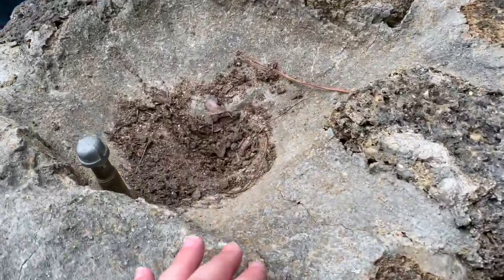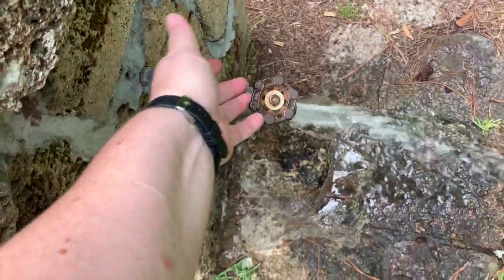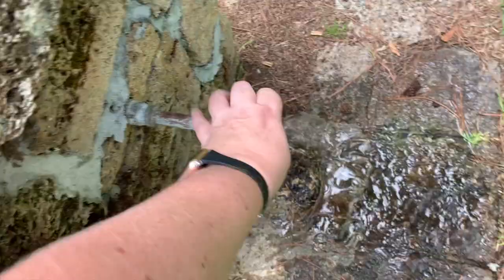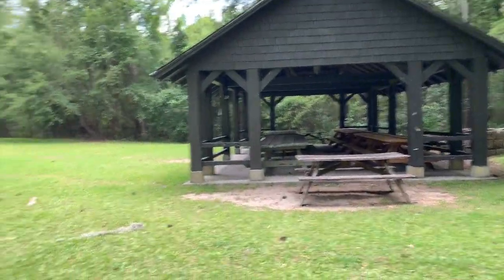So I think this might have used to have been a well or a drinking fountain with a spring, but they tapped off the top. You can still get water out of here if you need it. So that's pretty cool. And then here's, looking kind of ominous,